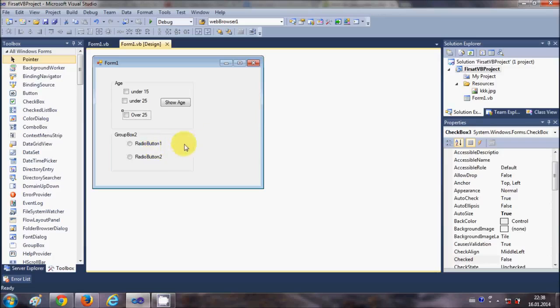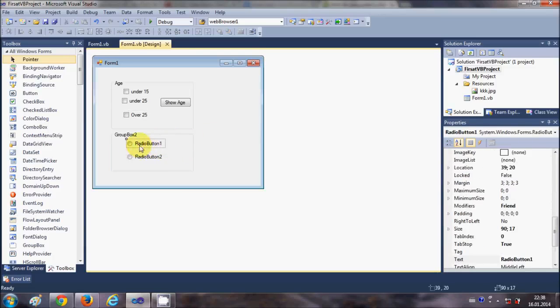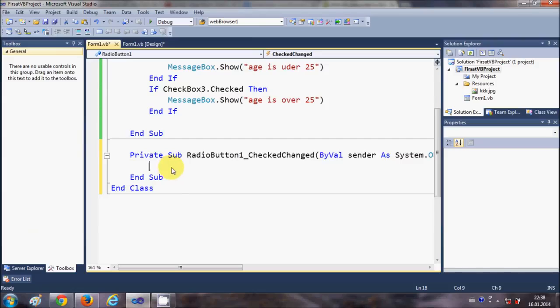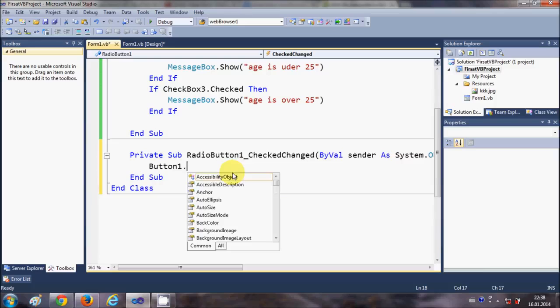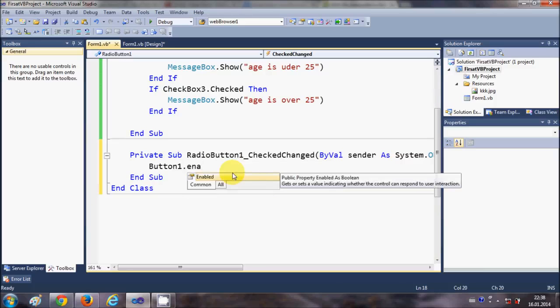Using this button is one way, but another way is to just select your radio button. This is also true for checkboxes. Double click it, and you can say that when the radio button is checked or when it's changed, then you can change something. So for example, button 1 dot enabled is equal to